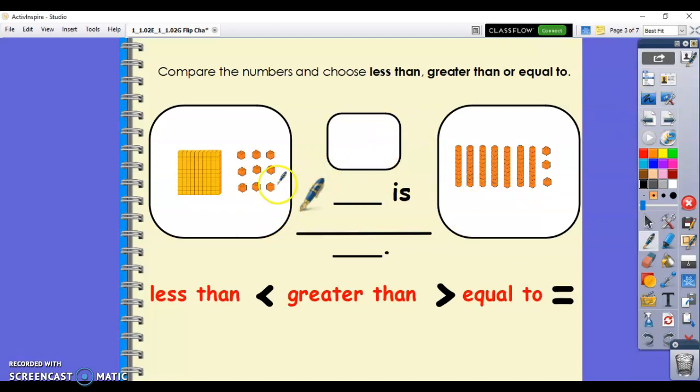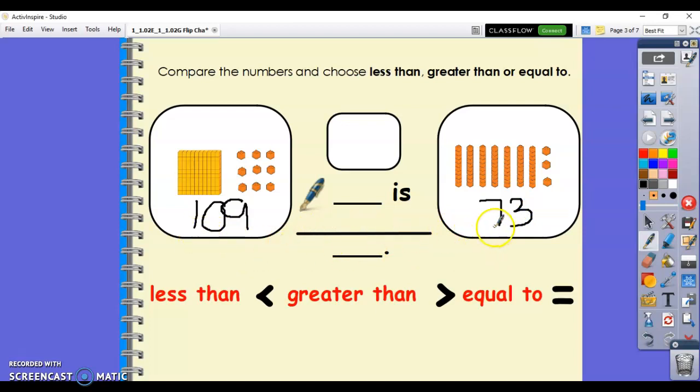We need to count our number again. Count with me. 100, 101, 102, 103, 104, 105, 106, 107, 108, 109. This number is 109. Now, count this number with me. 10, 20, 30, 40, 50, 60, 70, 71, 72, 73. This number is 73. Now if I look at these two numbers again, I see that there's a 1 in